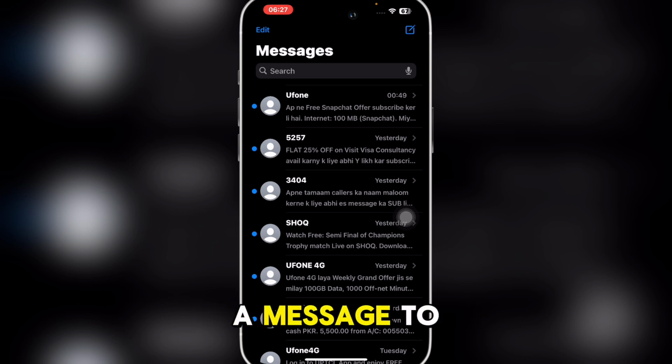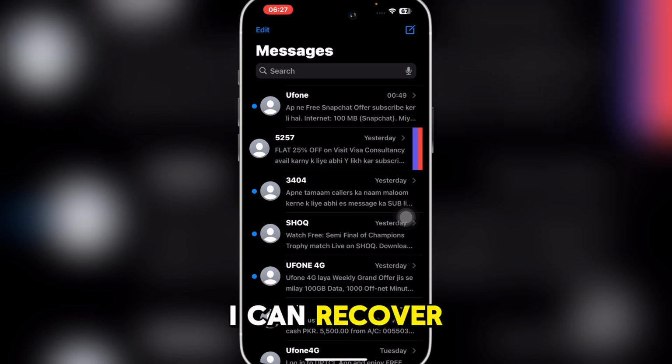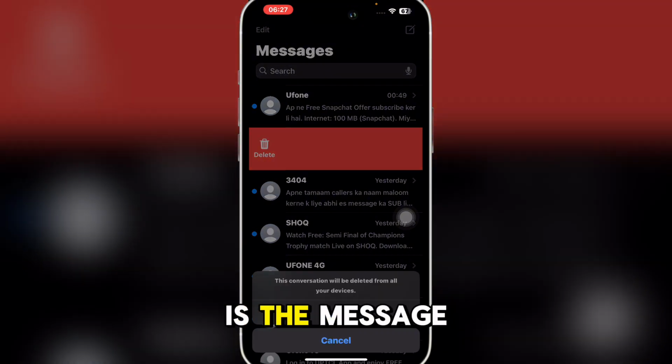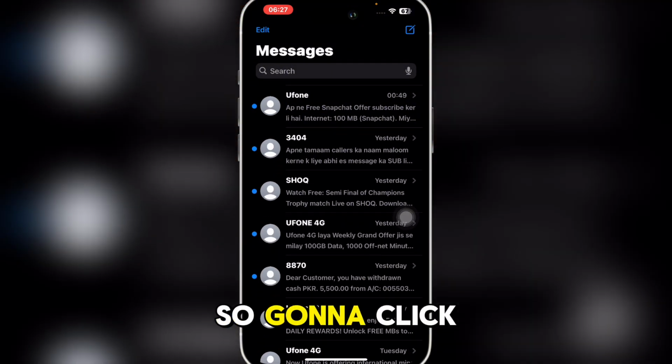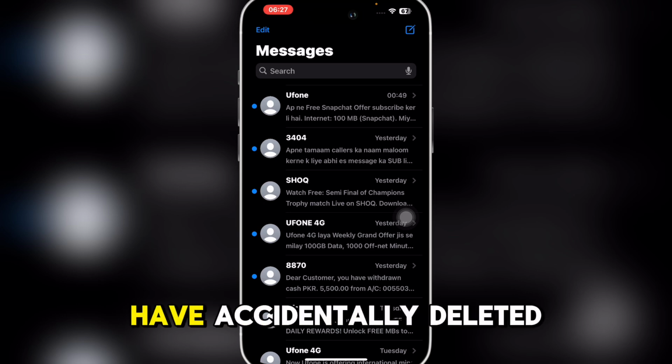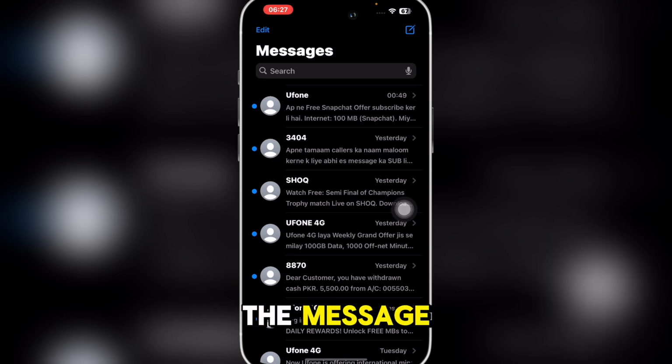First of all, what you're going to do is open your Messages app, and right now I'm going to delete a message to show you how I can recover that. Now, for example, this is the message that I have deleted, so you're going to click on delete. And once you have deleted the message, now if you have accidentally deleted the message, what you're going to do